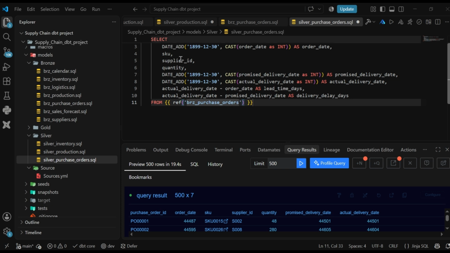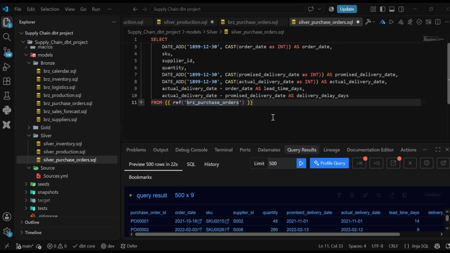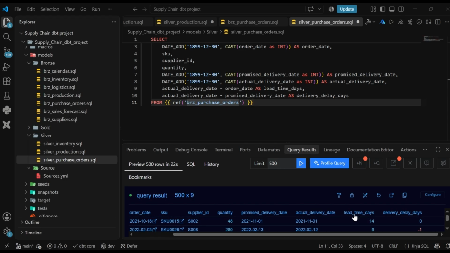So after this you simply execute this. Yes, so we have our well transformed table for the purchase orders, plus I think there's also the